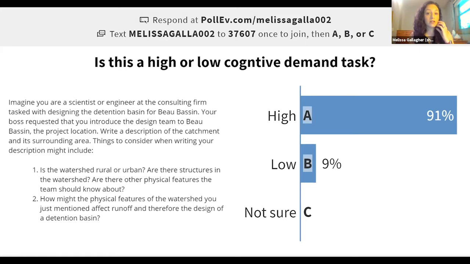Conversely, if the rubric for this just looked at if the student answered all the questions, then as Erin mentioned, you might get students who are just kind of phoning it in, giving an answer for each item, and that might make it a lower cognitive demand task. So this is an item that could go either way based on how the instructor implemented it. And in a module like HydroLearn, that really would be reflected in the rubric.